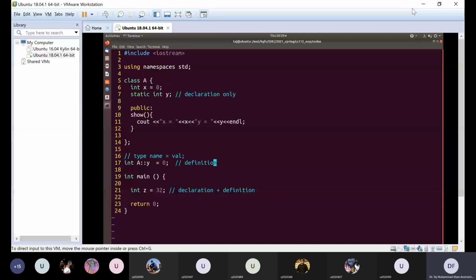So line number 7 is declaration only. So to define it, line number 8 defines the static member variable y of class A. Okay. So int, the name is resolved as A::y, and then normally, just like any other variable, if you want, we can assign an initial value to it. Yeah, the definition is always outside the class. It tells that this variable is a member variable of this class. Definition will always be outside the class. There are exceptional cases, but normally it's outside the class.